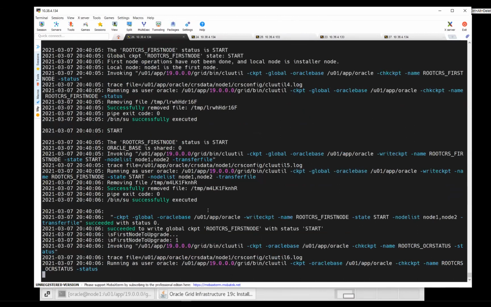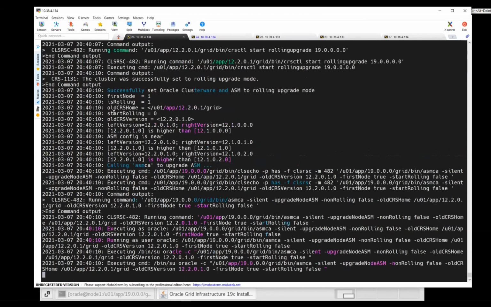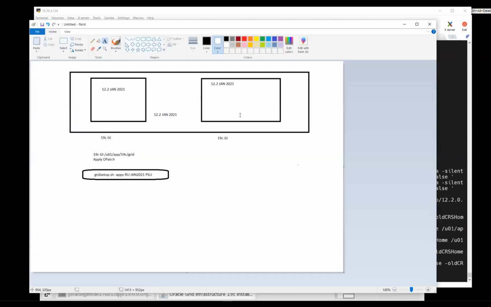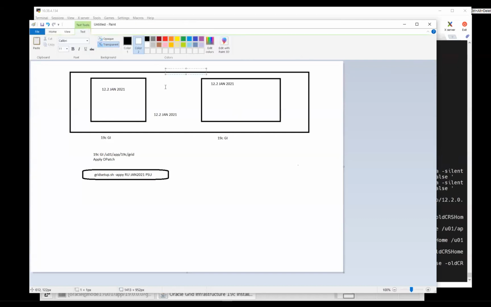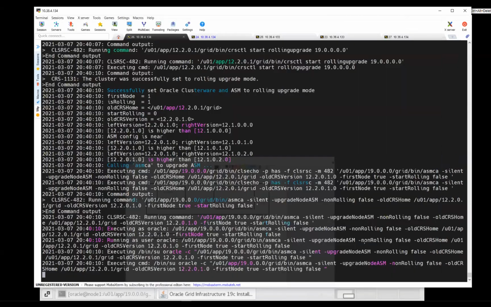You can see your clusterware is again going to be in rolling upgrade mode, right? Why rolling upgrade mode? As I explained, your node 1 is now going to become 19c. Your node 2 is still going to be on 12c, and at the cluster level, my cluster version is still going to be 12c. When you do the second node upgrade, your clusterware version becomes 19c. That is where rolling upgrade comes into the picture, rolling patch mode or rolling upgrade mode, whatever it is.